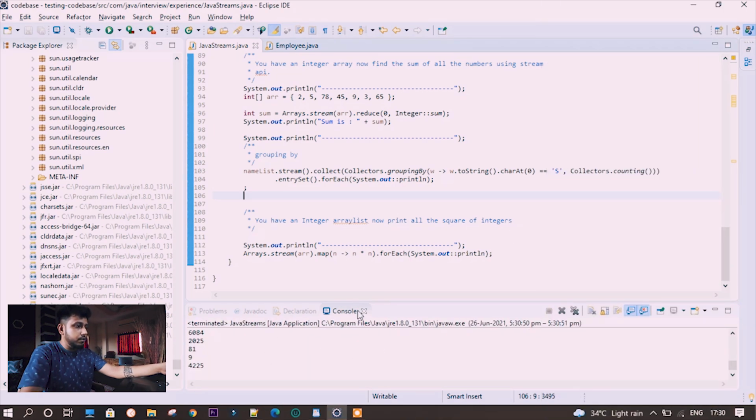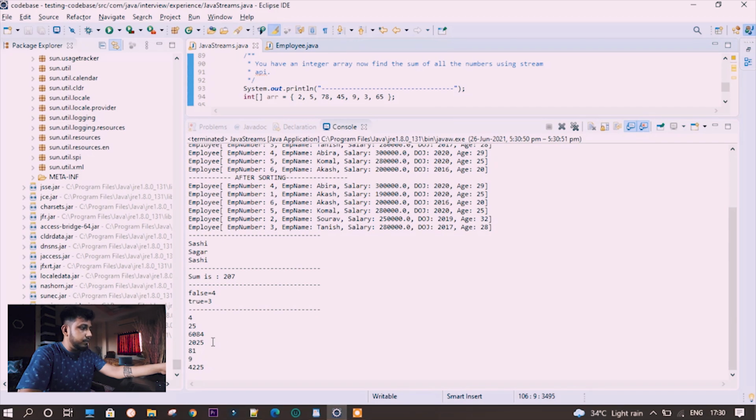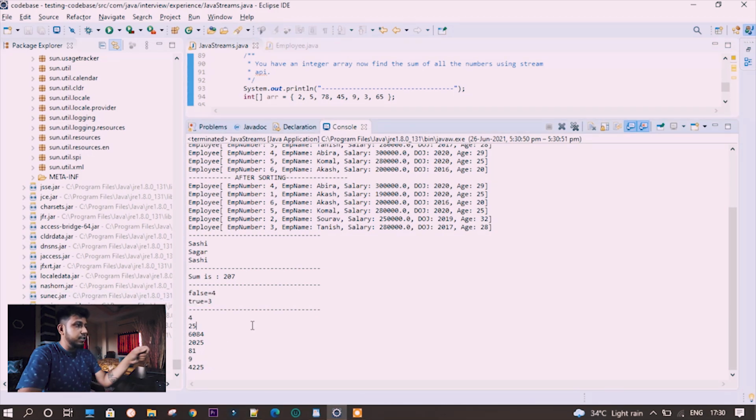Okay. Yeah, this is the last one. So 2 becomes 4, 5 becomes 25, 78 becomes 6084. Yeah, it's right. Okay, 3 becomes 9, 9 becomes 81. Those we can directly see.